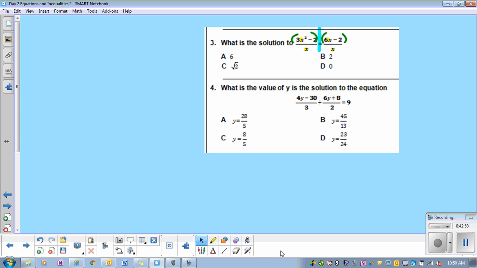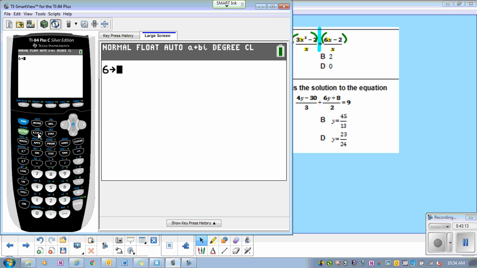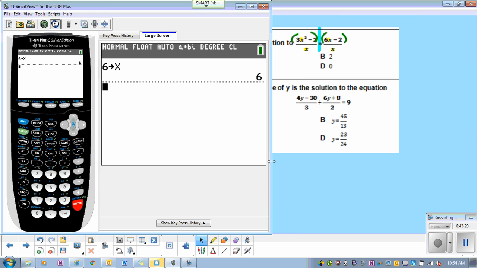You do it. If you did not already, tell me which one you stored. A and B. Okay, so let's store in A. So 6, right? So I'm going to say 6 store for x. Okay, so on the left-hand side of this equation, I have (3x squared minus 2) all over x, right? Parentheses 3x squared minus 2 all over x. Yes? So left-hand side, I get